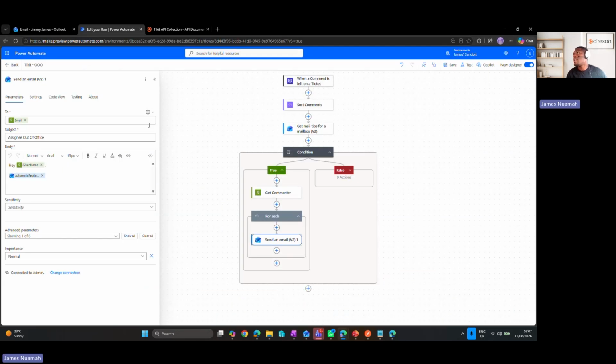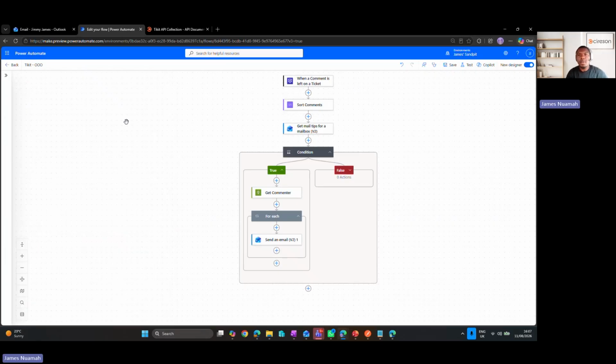So this is the flow. During this time of year, summertime, I myself and many of my colleagues have been out of office at different points and still managing tickets. So I thought to myself, it would be really nice for our ticketing system to notify requesters when the person that the ticket is assigned to isn't in. Because sometimes it's very easy for tickets to get swept under the rug or missed, and then they get stale for quite a long time. So that's what we've used here